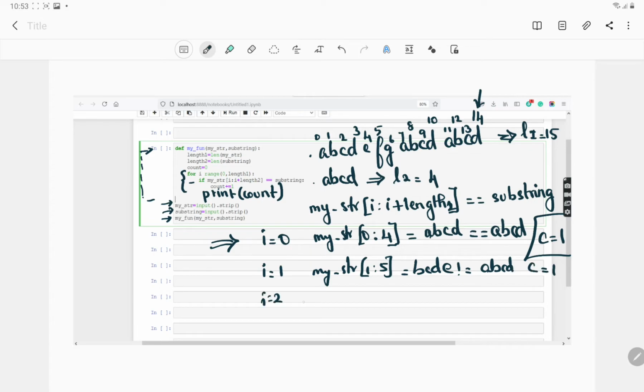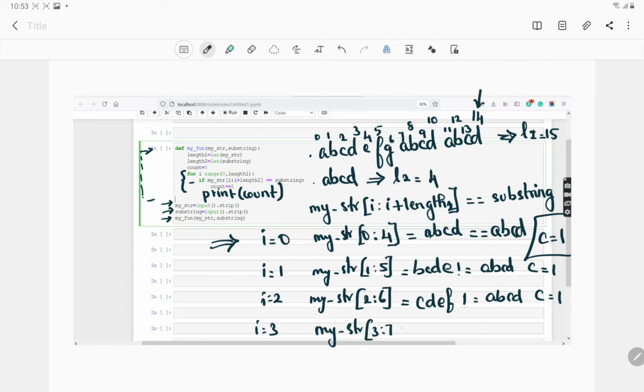When I equals 2, my str will be 2 to 6, which is C, D, E and F, which is not equal to A, B, C, D. Count remains 1. When I equals 3, my str is 3 to 7, which equals D, E, F, G, which is not equal to A, B, C, D, right?